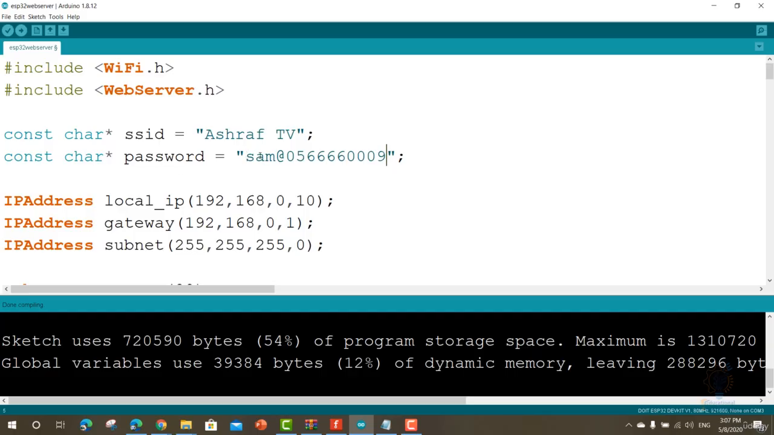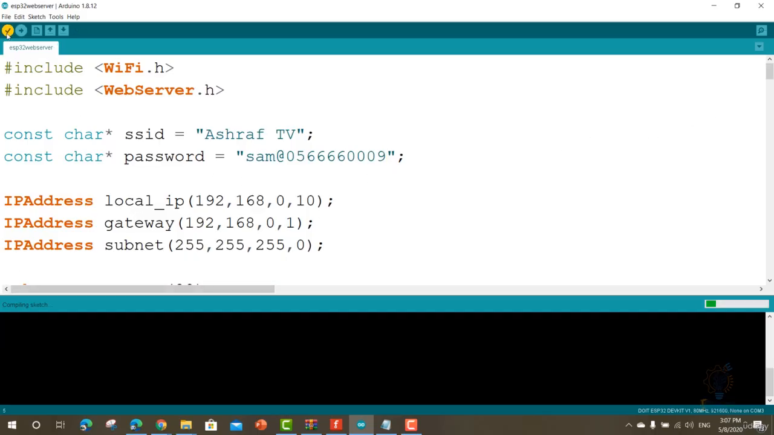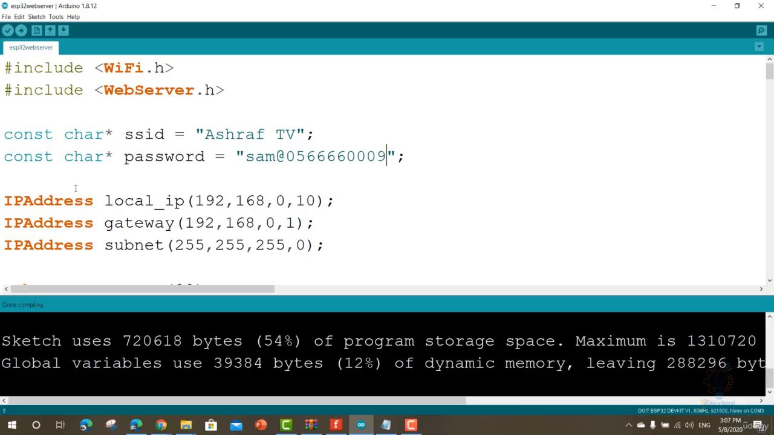Okay, now once you fill out this information, go back and compile your code. Now let's go ahead and connect our board. Now once you connect the board,